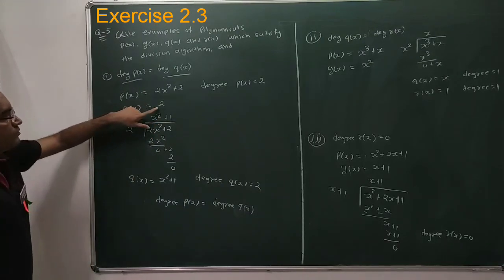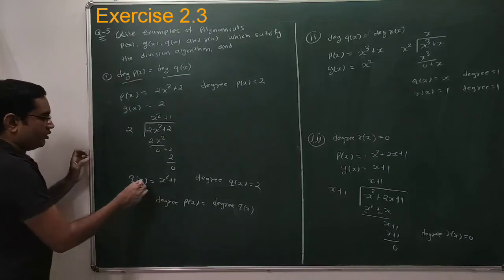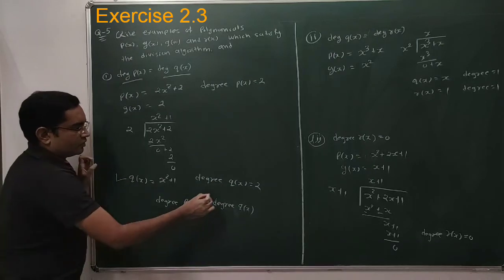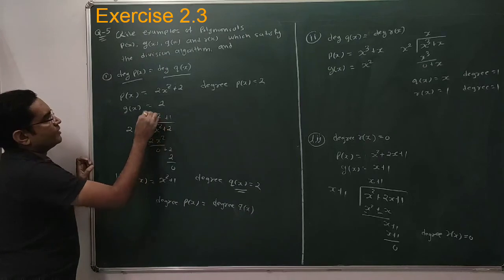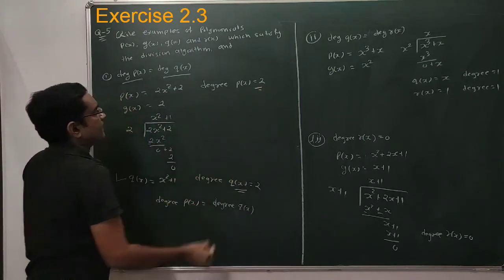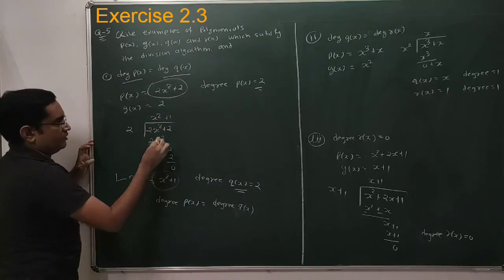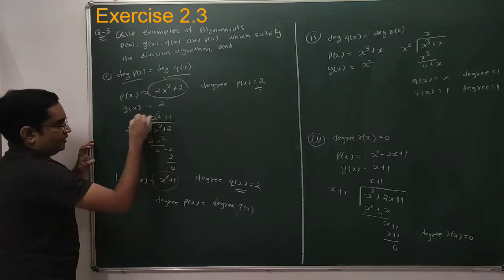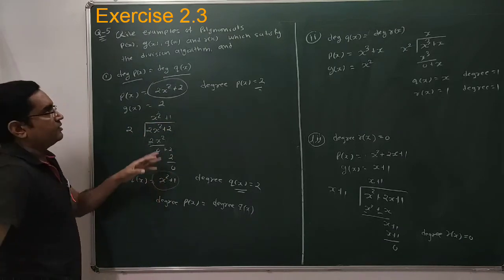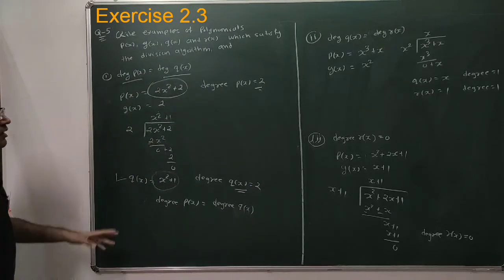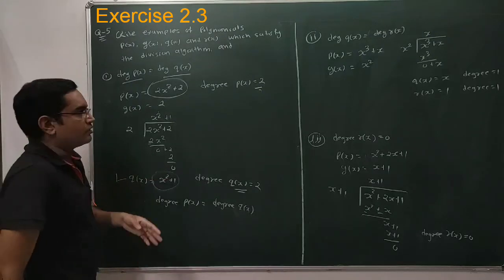So what is quotient polynomial? Quotient polynomial is x square plus 1. So what is the degree of this quotient polynomial? The degree of this quotient polynomial is 2. And what is the degree of this dividend polynomial p of x, which is 2. So degree of this p of x and degree of this quotient polynomial both are equal, and this p of x, g of x, q of x and r of x satisfy our division algorithm. Clear? So you have to write these two examples. You can also comment your answer in comment box.